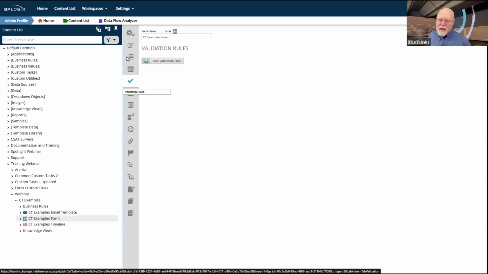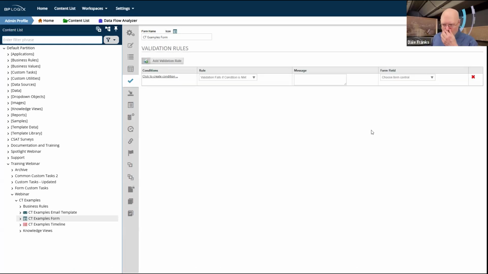Standard way is to add some sort of validation rules to your form. Now, forms automatically have validation rules built into them. For example, if I set a field as required, and then I try to submit the form without putting a value in that field, that is going to kick off a validation error. So simply by setting a field as required creates a validation rule for that field.